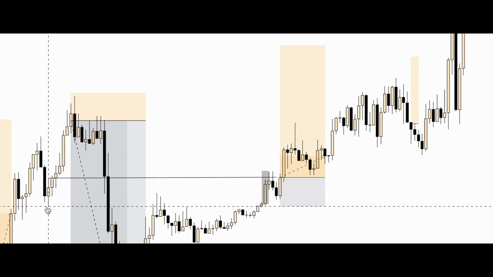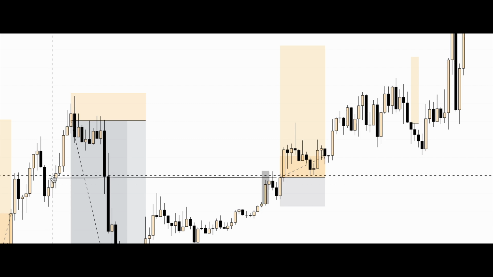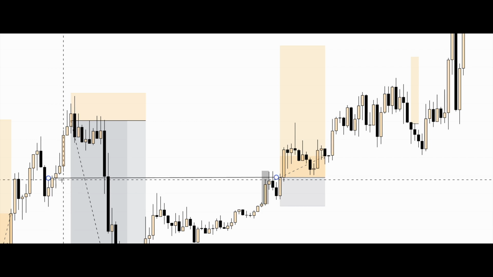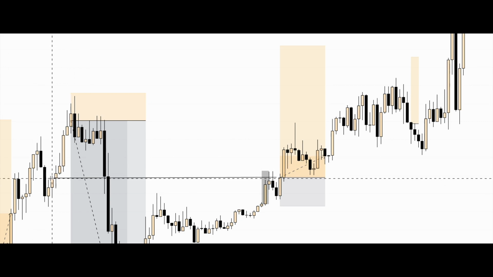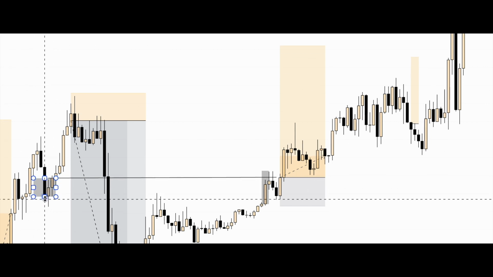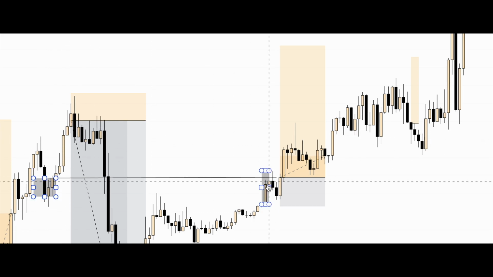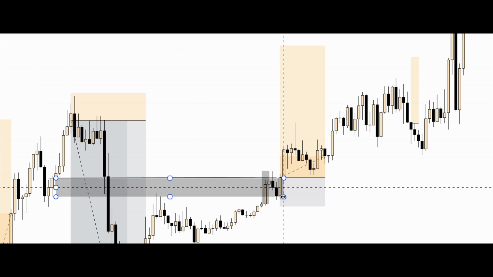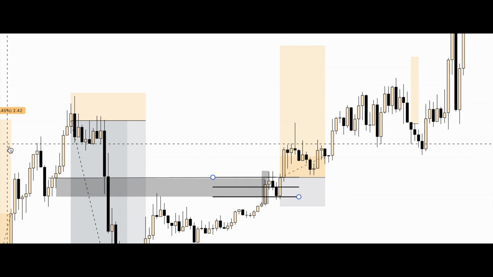However, when we're thinking about the wicks, as well as clashing against this particular support and resistance, or resistance turning into support, it's important to understand that this is an imbalance, right? So there is a discount between this imbalance as well as a premium, of course, right? Knowing where you are within price gives you, not a confidence boost, I don't even want to call it a confidence boost, but it's understanding that this is a significant area for, again, a weak low,